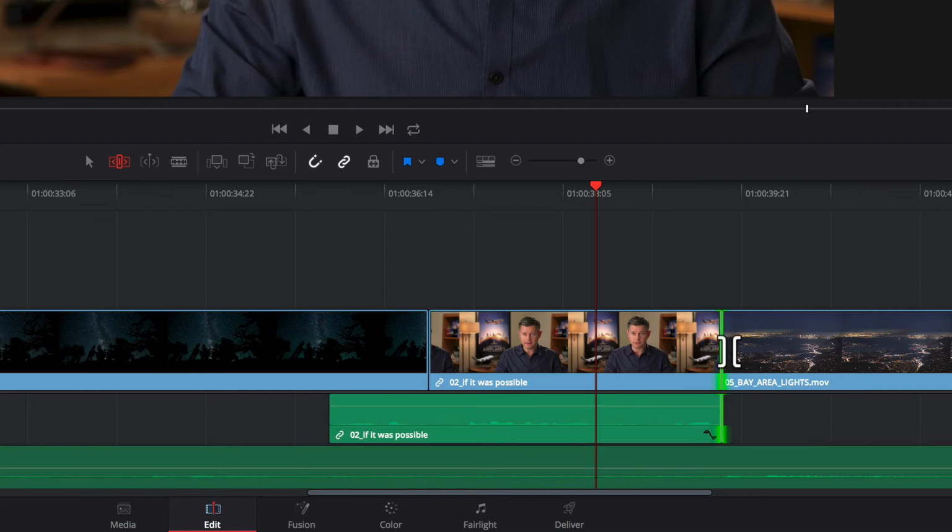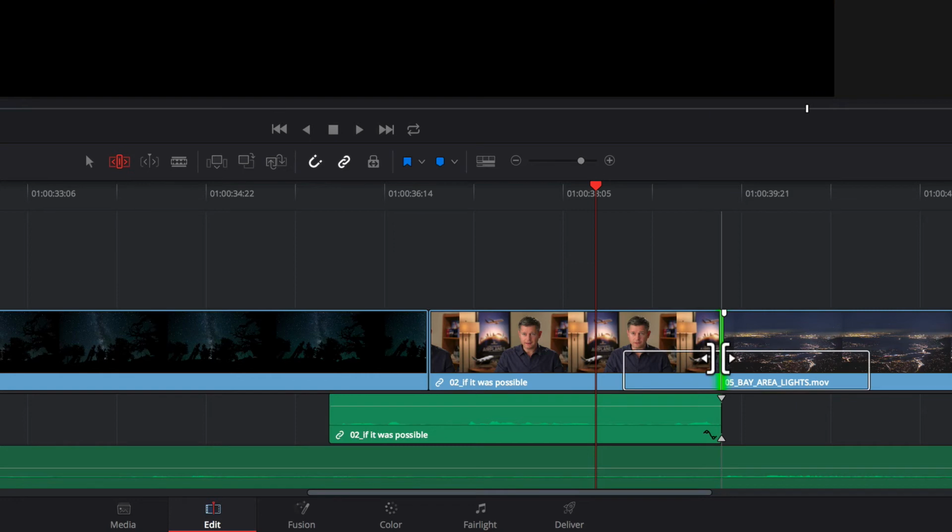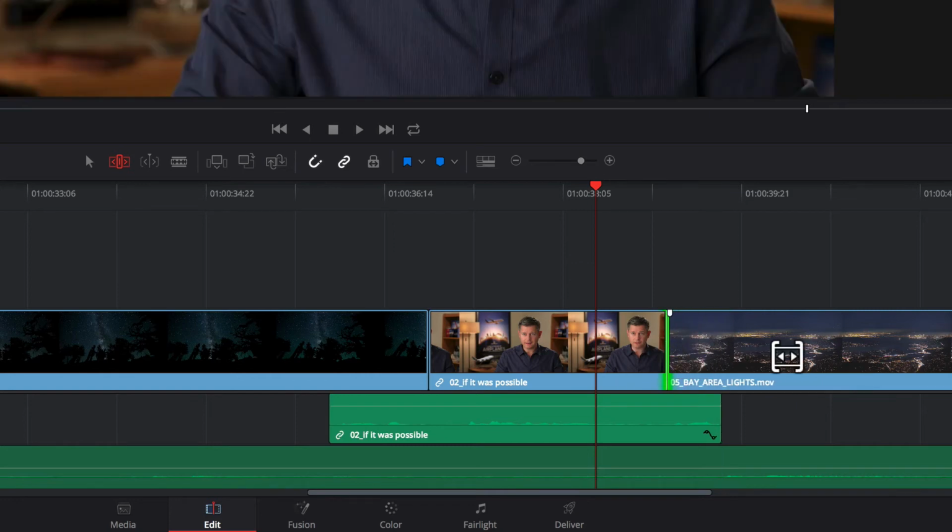If you didn't want to select picture and sound, instead of going all the way up to the link button, you can tell them again about the option key, which will temporarily turn off this link selection button. So holding on the option or alt key, you're able to just select the picture, and then you can just roll in, and you can see how nothing is breaking sync, nothing is shifting around. You're just shifting this cut point